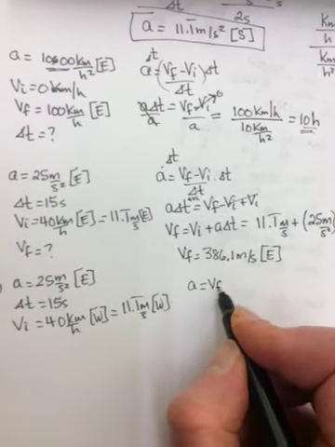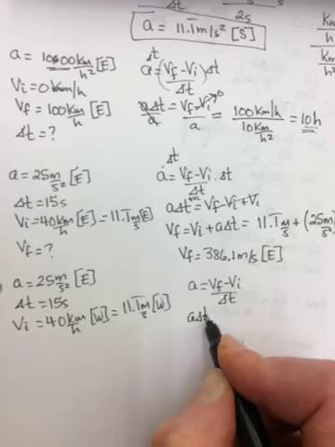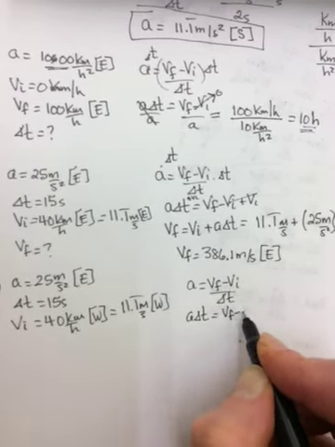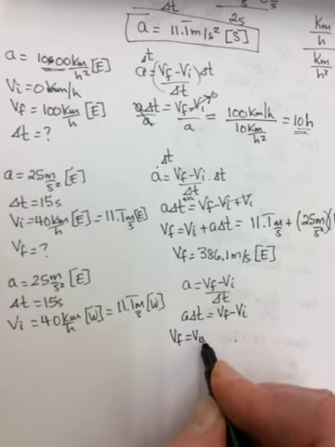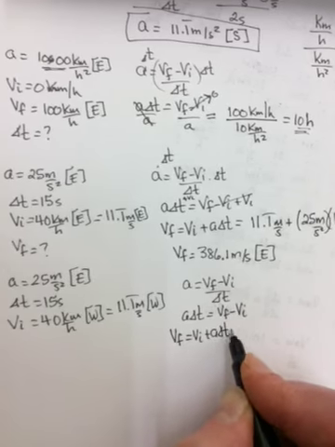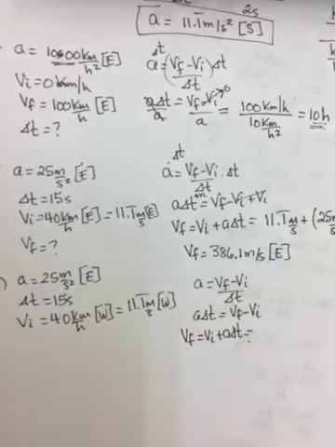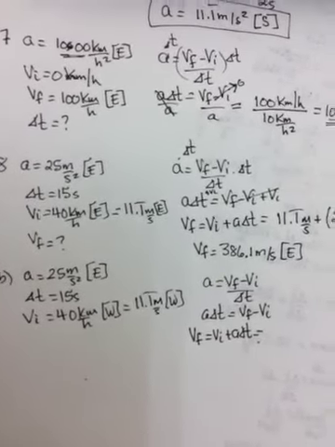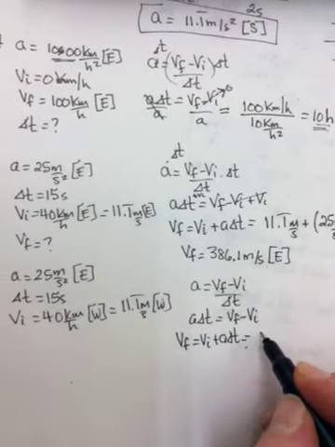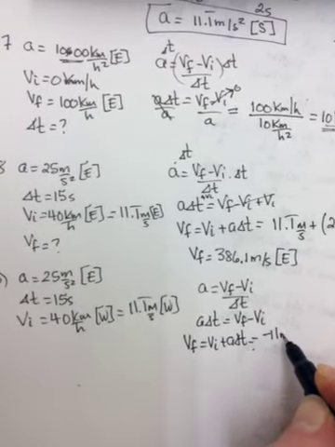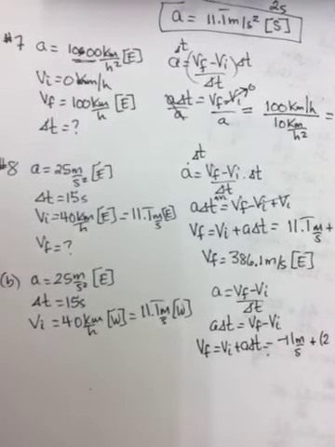a is equal to Vf minus Vi over delta t. Multiply both sides by delta t. Add the Vi to both sides, so you get Vf equals Vi plus a delta t. But now when you go to fill in, you have to worry about positives and negatives. And earlier we said we always consider west negative when the two of them are in a question together. And so the 11 is going to go in as negative 11 meters per second plus, sorry,